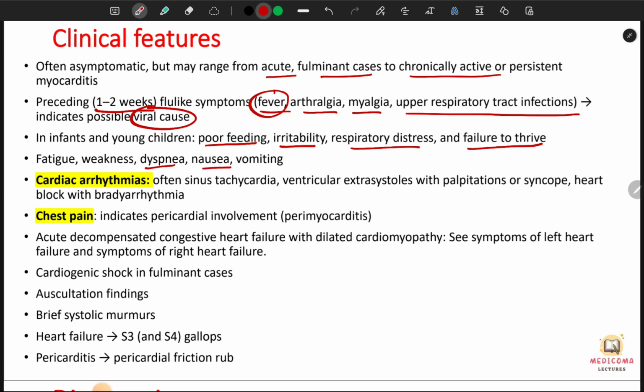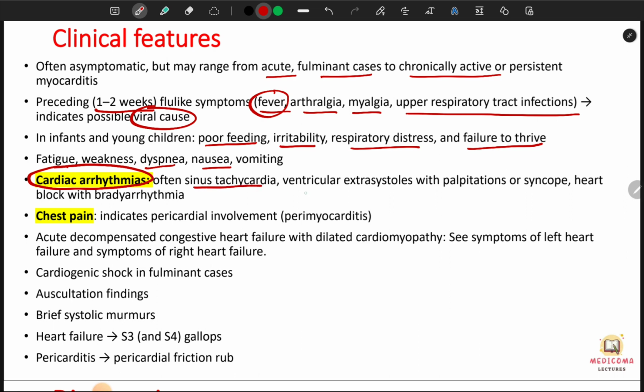And definitely the next most important thing is cardiac arrhythmias. Why is there cardiac arrhythmia? Because the conduction system of the heart is disturbed due to inflamed myocardium, inflamed tissue. There is no proper movement of the action potential. Definitely there will be cardiac arrhythmias, which may be